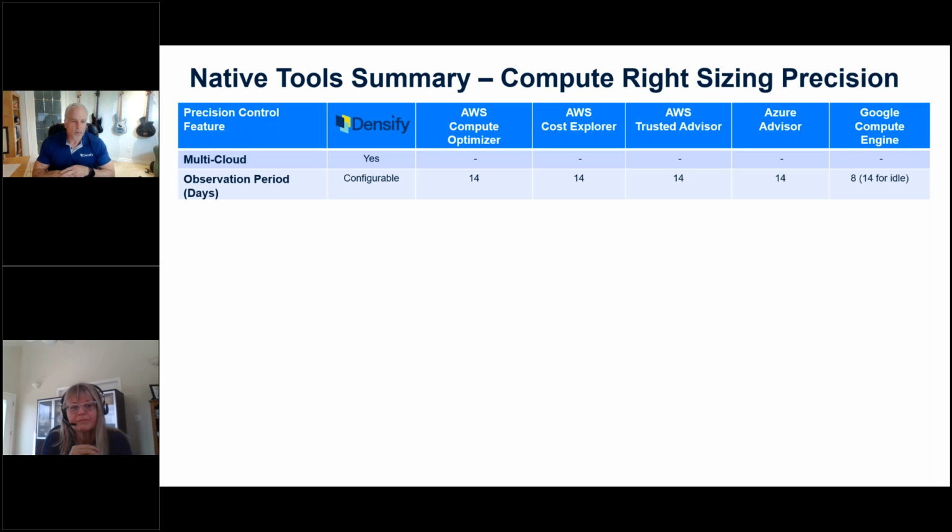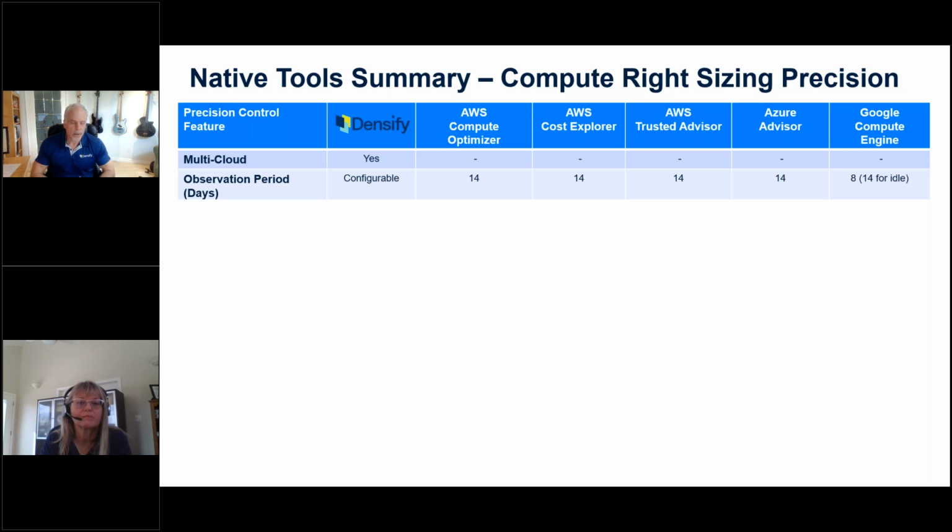Observation period is a very important one, and the idea being how much information, how much history do I need before I can action a recommendation? So you'll notice across the line here, I'll come back to Densify in a moment, but the idea is that I've got 14 days of history, and that's what I'm going to base my recommendation on. So all 3 AWS tools, Azure Advisor says 14 days. Some of their documentation talks about 7 days for idle resources. So just put 14 there. It's not exactly clear. And then Google Compute is, I need 8 days worth of data in order to make